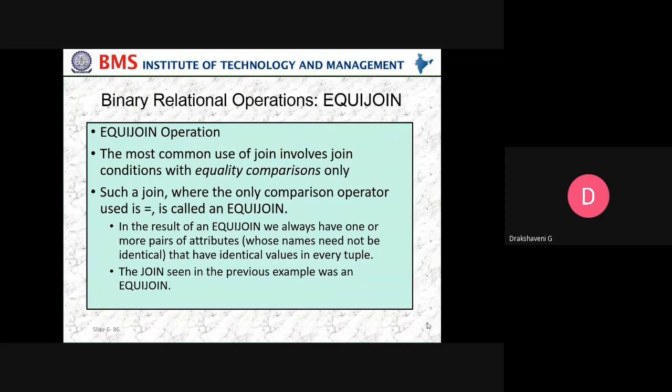Such a join, where the only comparison operator used is equal to, is called an equijoin. In the result of an equijoin, we always have one or more pairs of attributes that have identical values in every tuple. The join we saw in the previous example was an equijoin.